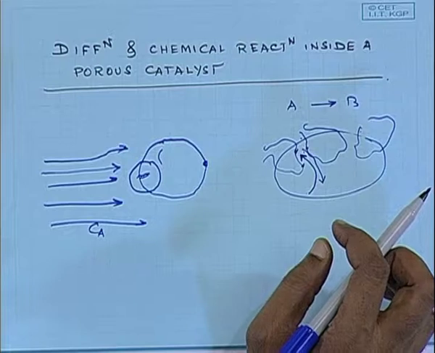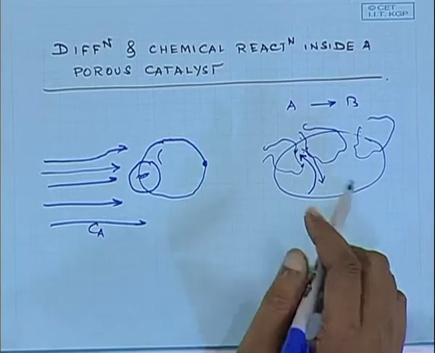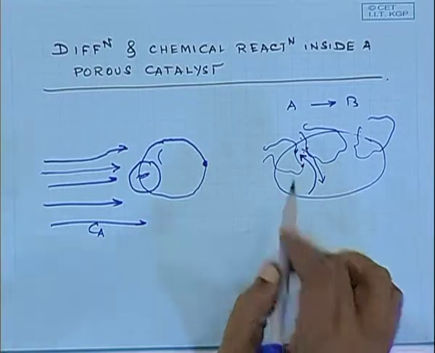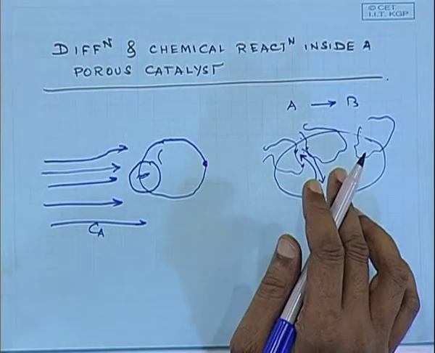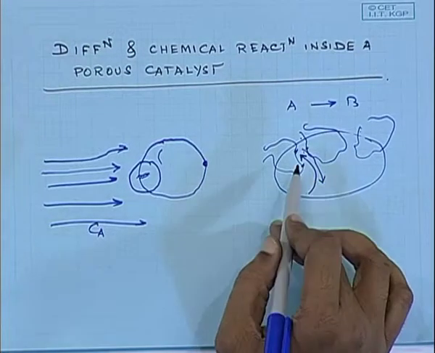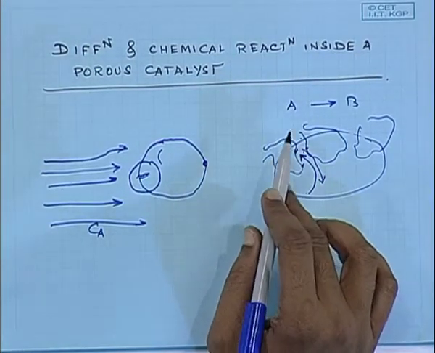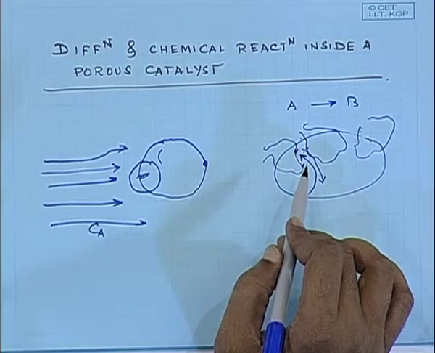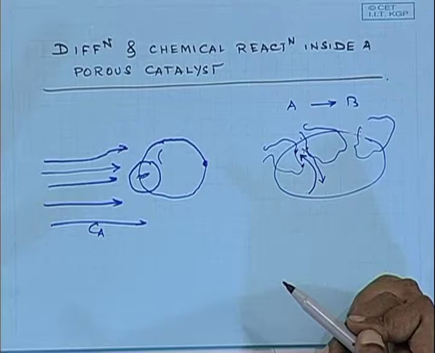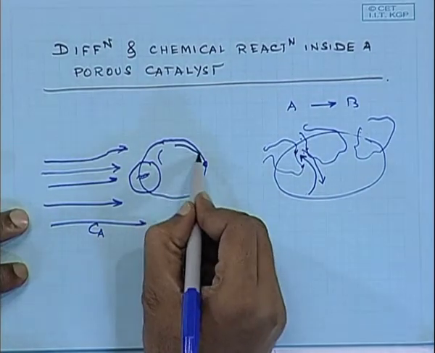Now, when can I take this as a homogeneous sink term? When the pores are very small. All the properties, diffusivity, etc., that we are going to mention for this are some sort of an average property for the catalyst. You can say that this is not holding the continuum, because if I take a shell like this,